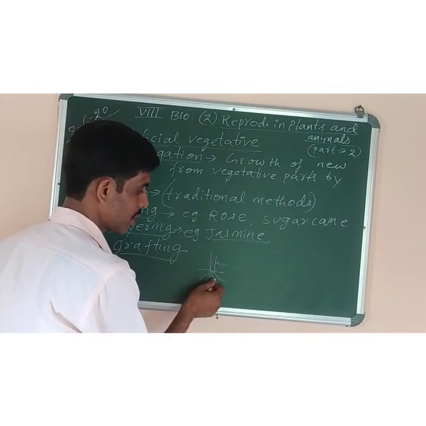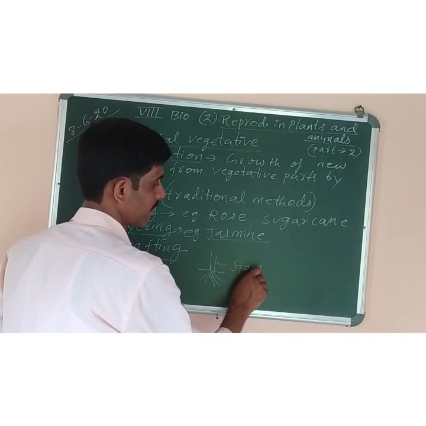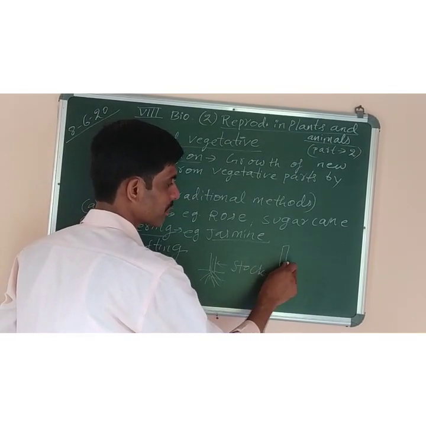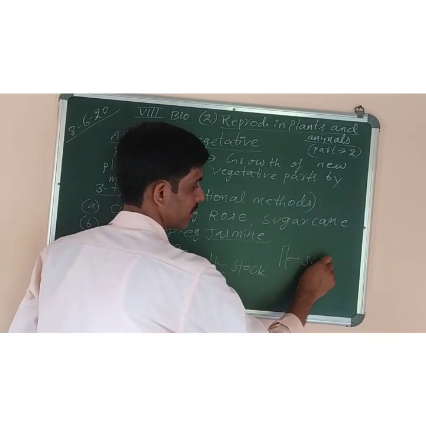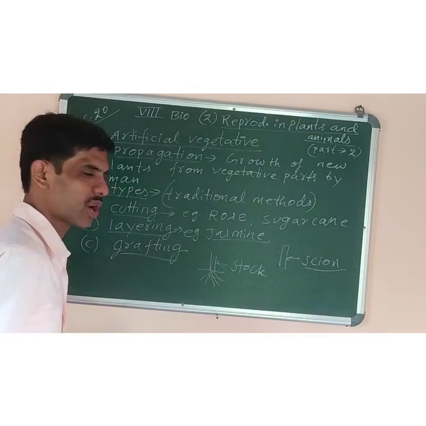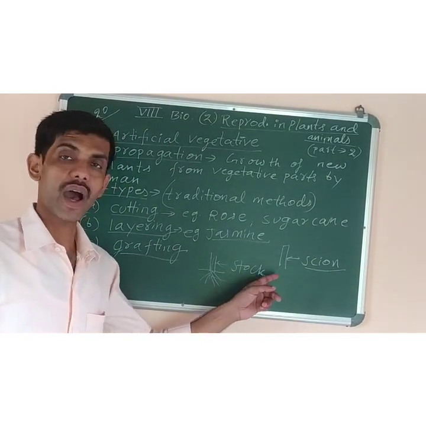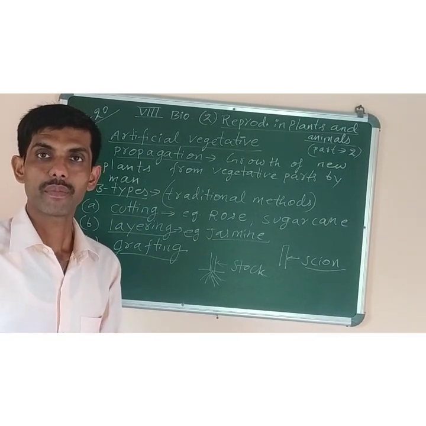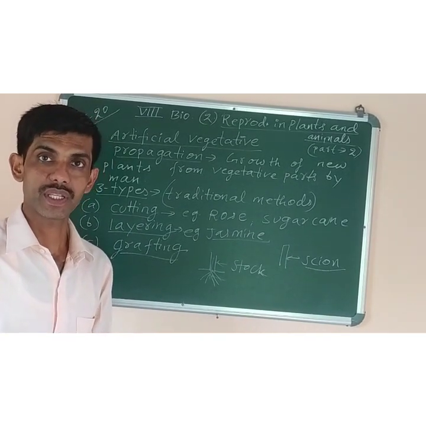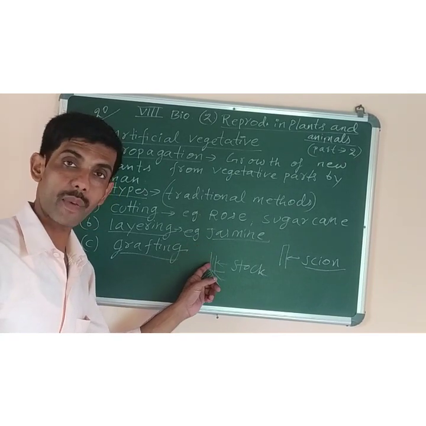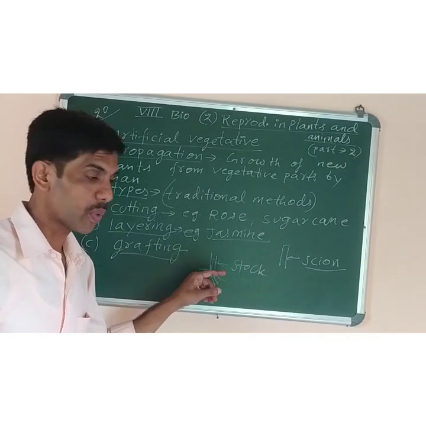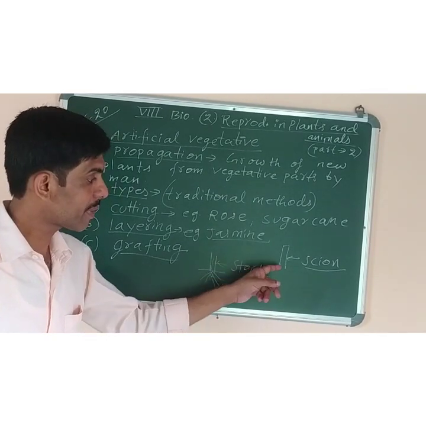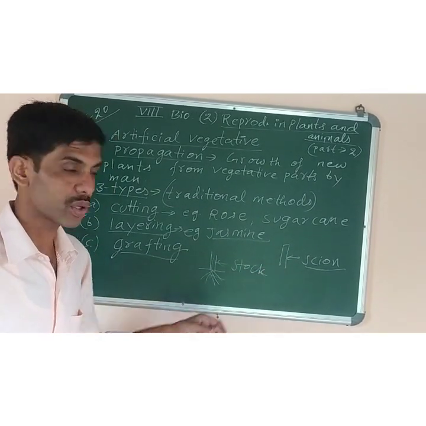Suppose this is the plant with the root, it is called stalk. And the stem which we take without roots is called scion, S-C-I-O-N. So what is stalk and scion? Both of them are names given to the two parts of different plants of the same species, like one mango or guava I have taken. One of the stems has the roots in it, that is called stalk. The other guava stem without roots is called scion.